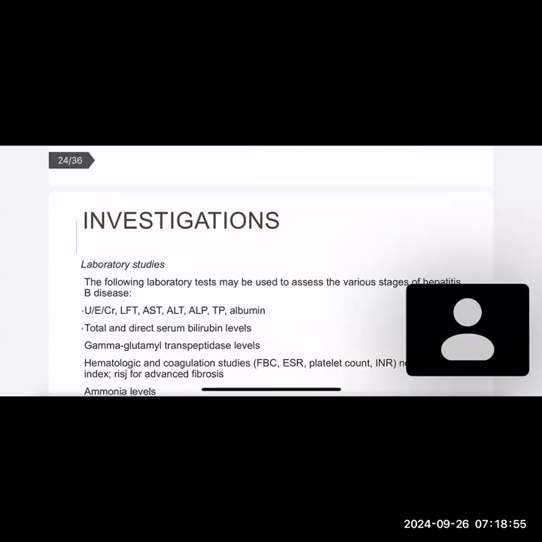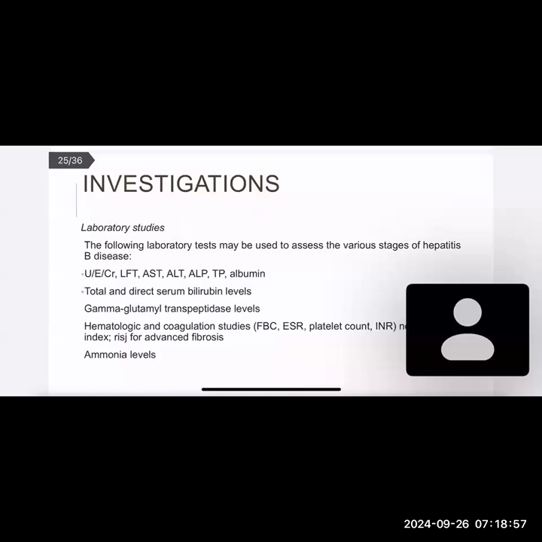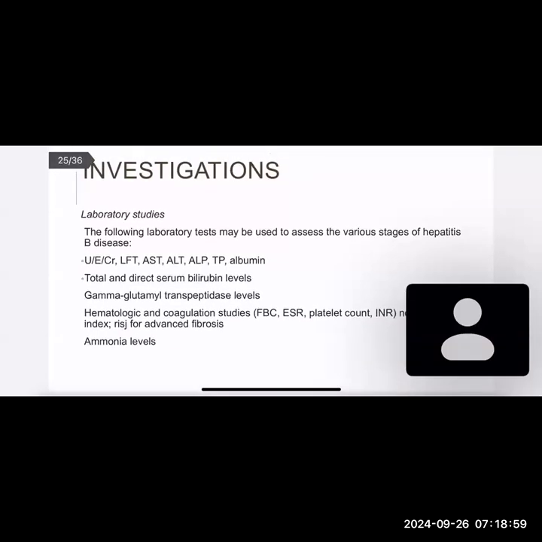So how do we investigate patients who have hepatitis B infection? Some of the blood workup we could do is to do their renal function as well as their liver function, and then look at the alanine transaminase and the aspartate transaminase, and even the alkaline phosphatase. The alkaline phosphatase can be elevated in patients who have significant fibrosis. So that can actually point towards a patient who is